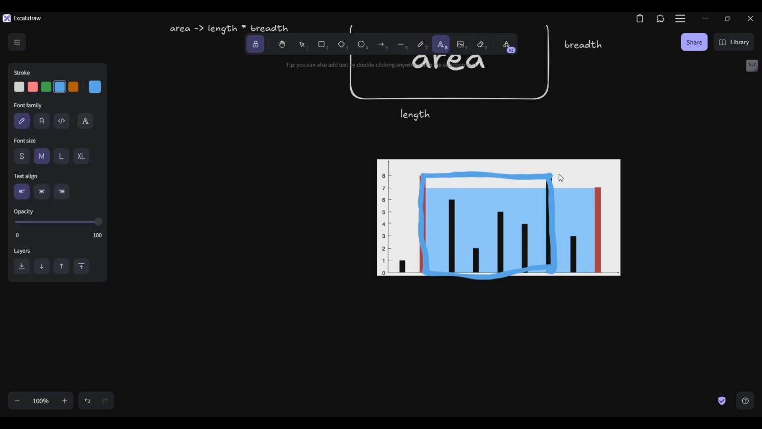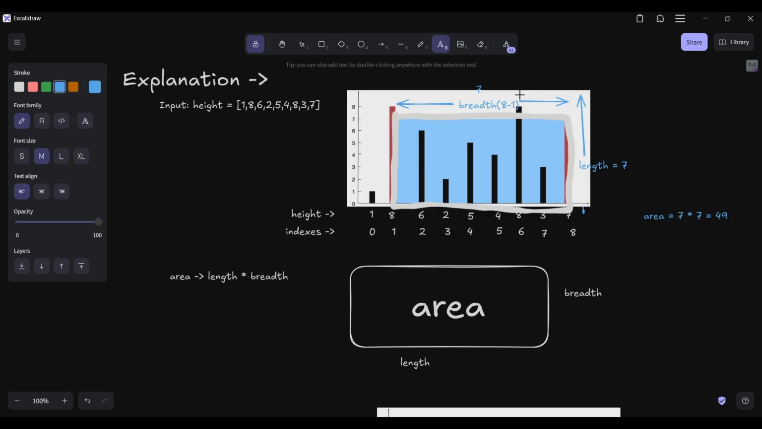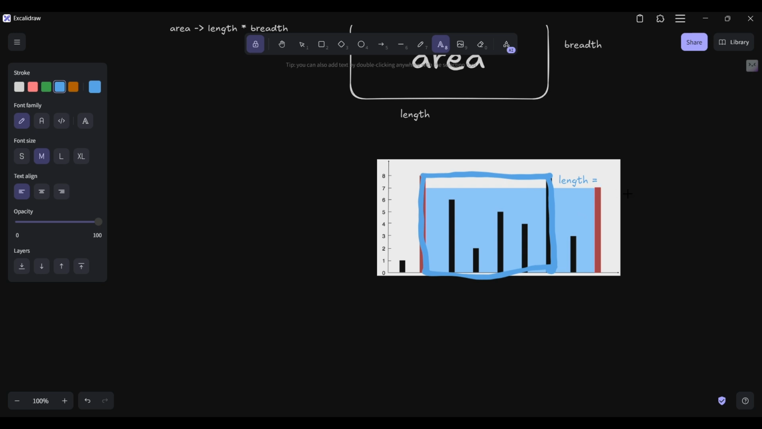So what would be the length of this container? Simply the height, the minimum of these two. Both are basically equal, so the minimum could be either one. So here the height is simply 8. Okay, so the length is 8 and the breadth is